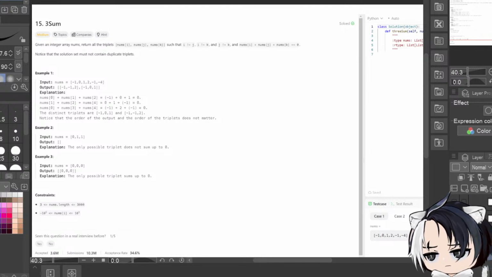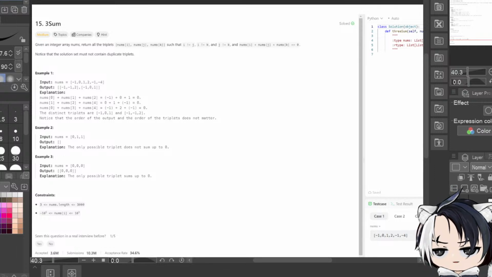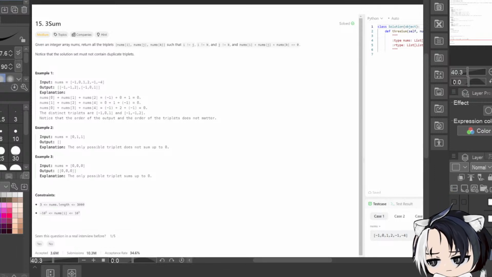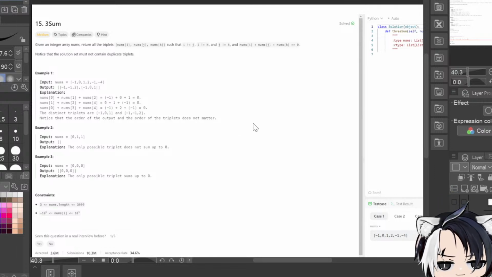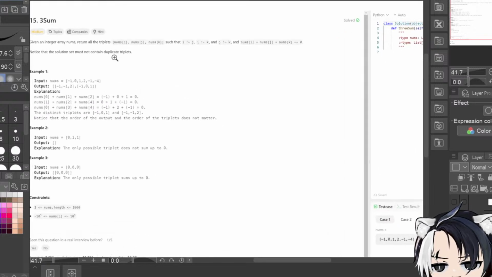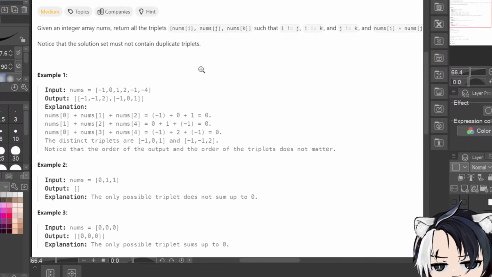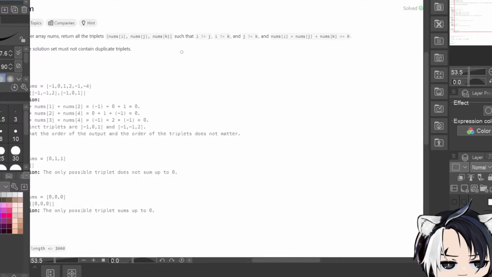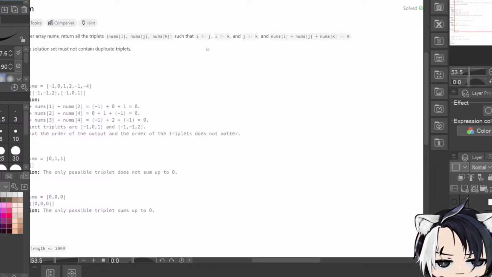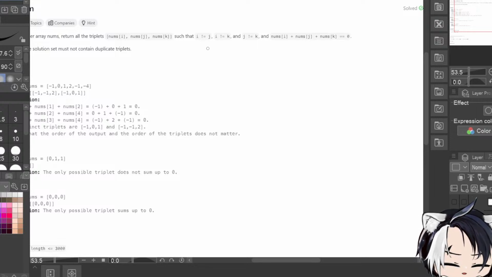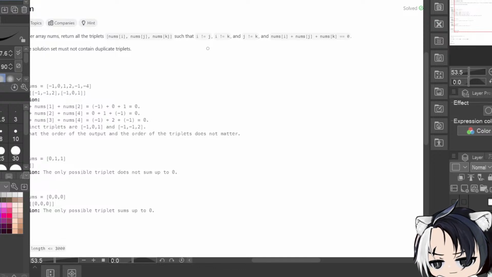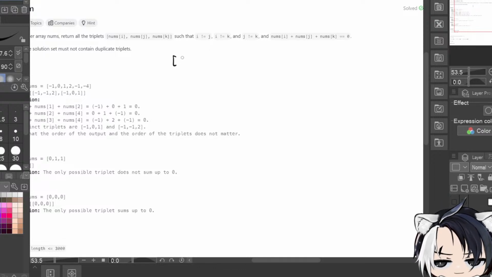Alright, let's do 3-sum. You guys ready? Okay. So 3-sum is trying to get a 0 solution for a combination of 3 numbers in an array. So what we're thinking about doing is we could do something similar to